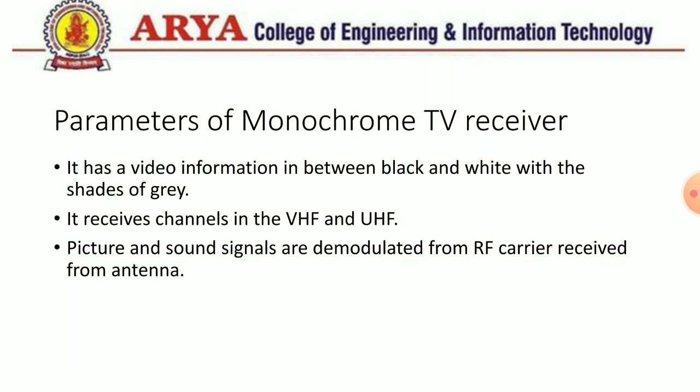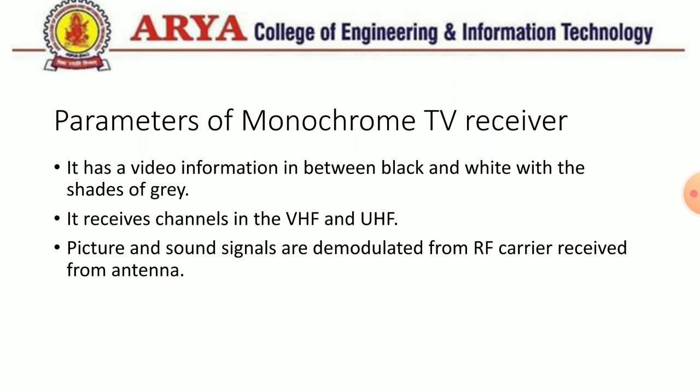Let us see the basic parameters which are there with monochrome TV receiver. See, it has video information in terms of black and white, and shades are there in terms of gray. So ultimately brightness will control that information of video which is there in terms of black and white. So brightness of black and white spots will justify video information, and it receives channels in VHF and UHF frequency,